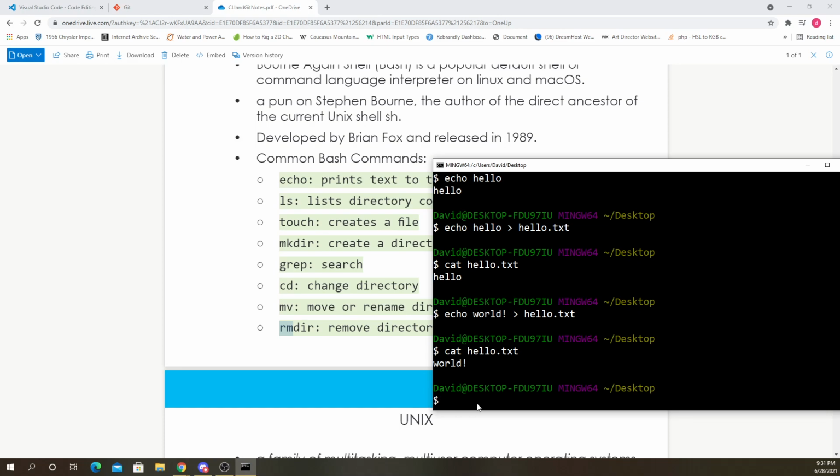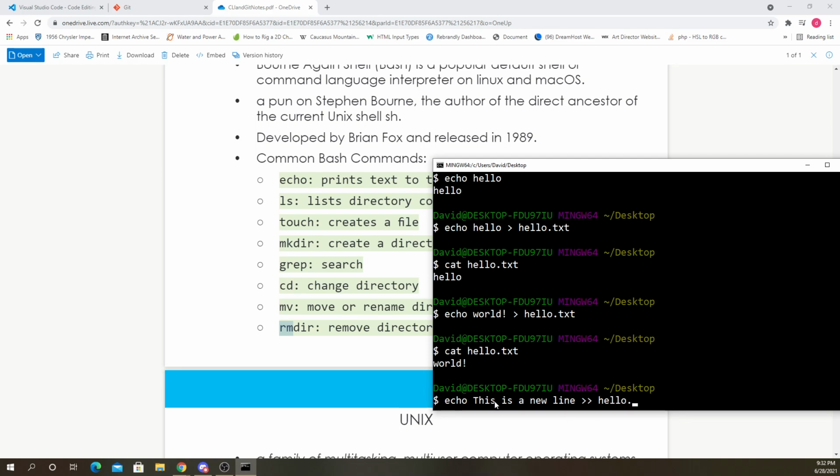But if I say echo hello, let's just type world. It already says world, so let's type something else. Let's say echo this is a new line, and let's put a double arrow this time.